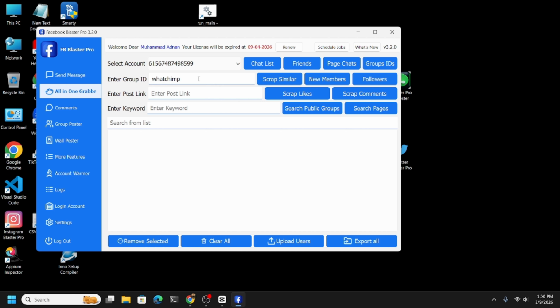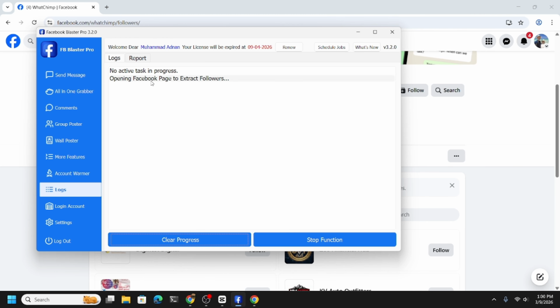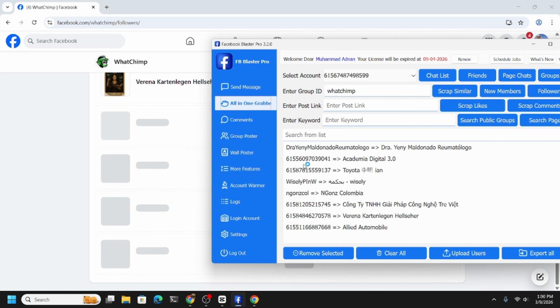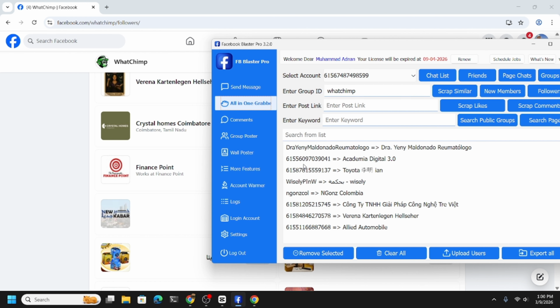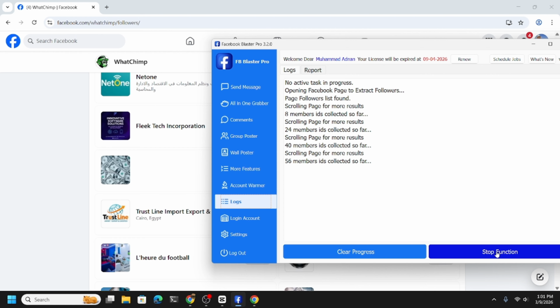So for example, I have added a page username here and I click on followers. It will scrape whatever publicly available followers are on their profile. It will scrape them and add them into the software so you can export them or use them for other purposes. For example, we have 24 followers extracted. Here you can see their name and their user ID. You can let it scrape all day or you can stop whenever you want. So for example, let's stop it at